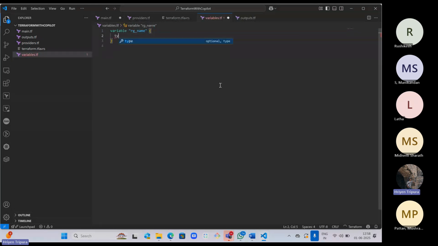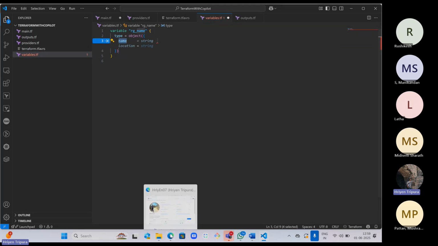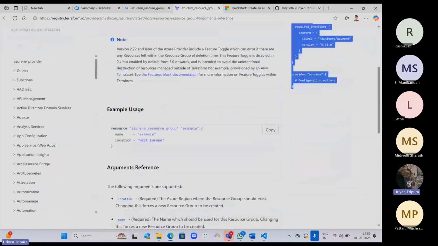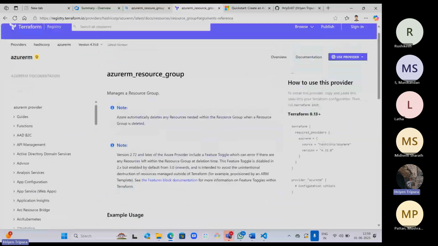Here I will type just the type, then mention the name here as an object. Now, as I mentioned, if you take a look closely, for the resource group, I need to define a name and a location. Same thing, if you go here, the arguments also, sorry, here,